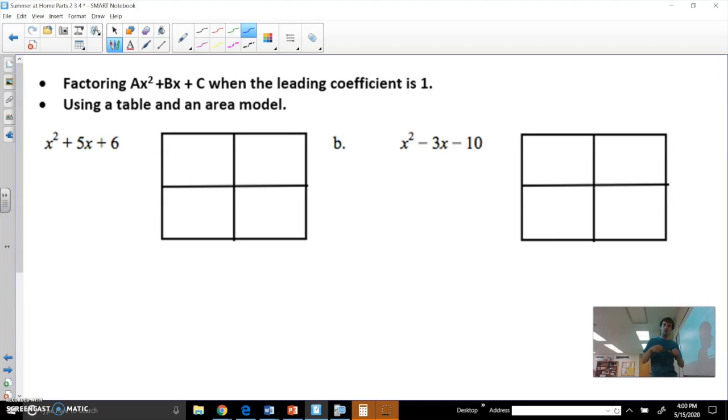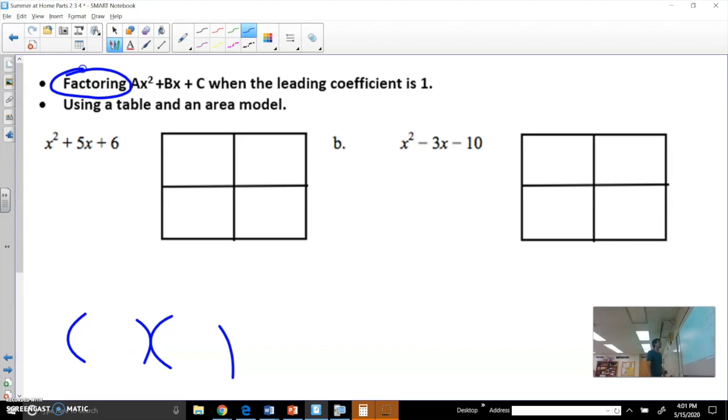The last video we were talking about multiplying two polynomials together. We're going to be basically doing that a little bit backwards. When we're talking about factoring, factoring really means how can you rewrite it based on multiplication. For example, what are the factors of 6? You'd be thinking, well, 2 and 3, and that's because 2 times 3 is 6. And so we're really trying to think of how we can rewrite this as two parentheses with two terms in each one, two binomials that multiply together to produce this